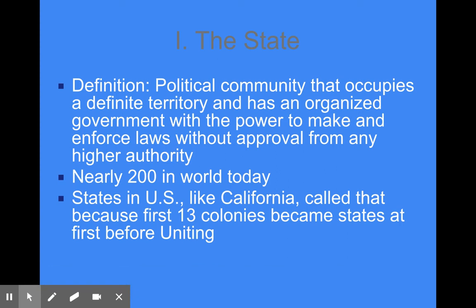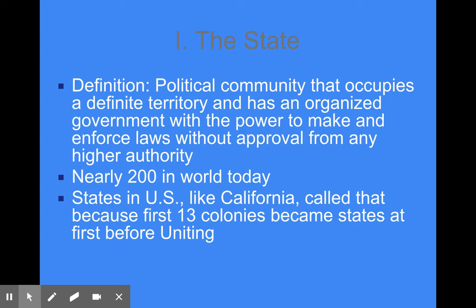California, we're not a state by this definition. Of course, it is the state of California, but by our definition here, California is not a state. You can go back and think about why. Okay? So, but why are we called states? If we're not technically a state, why are we called states?